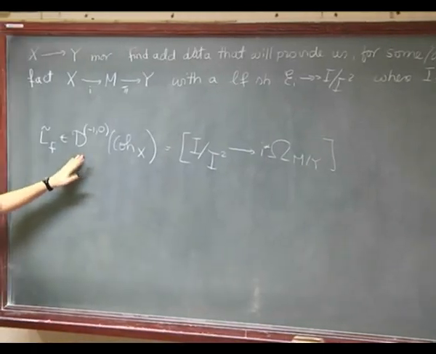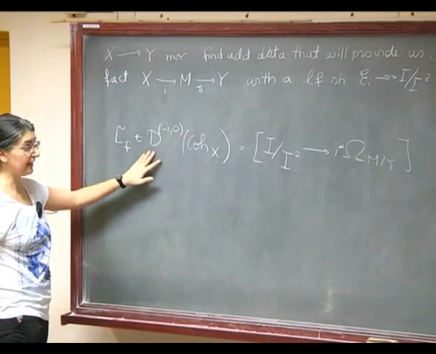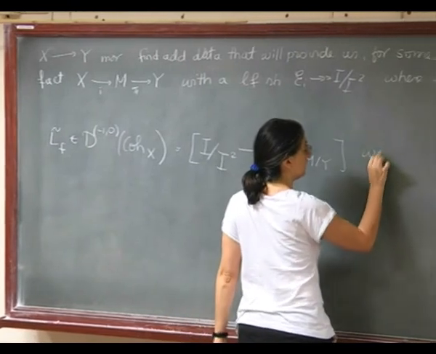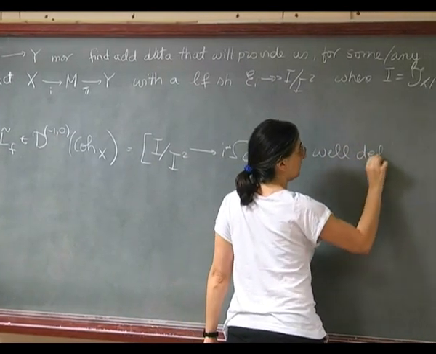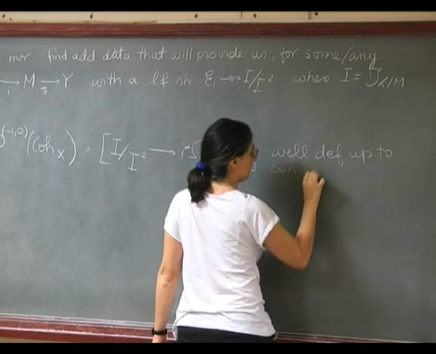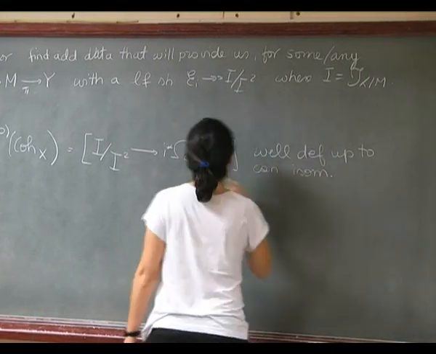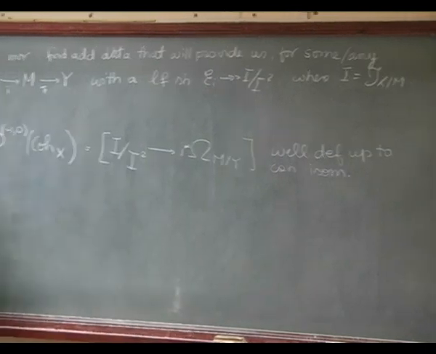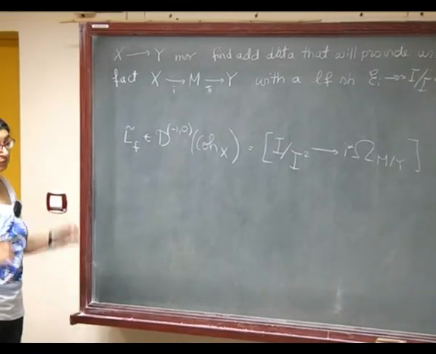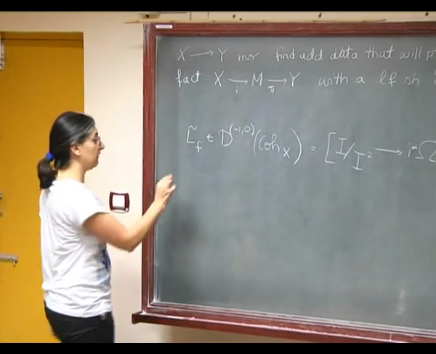It doesn't depend, up to canonical isomorphism, well defined up to canonical isomorphism. And in fact, this is already one direction where we go beyond the book of Fulton, because in fact